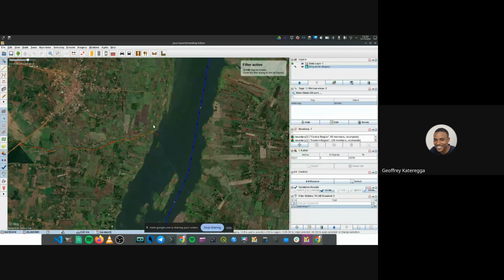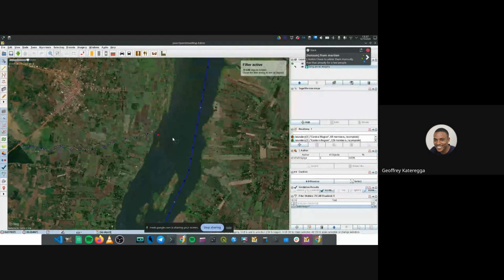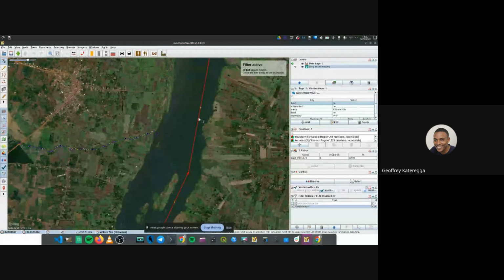I can either draw the river as an area here, so that the stream flows into the river. The other way would be just to connect this and extend it to the river so that they are connected, because we can clearly see that this stream is actually flowing into the big river. Yeah, so basically those are the best tags we use for rivers and streams.